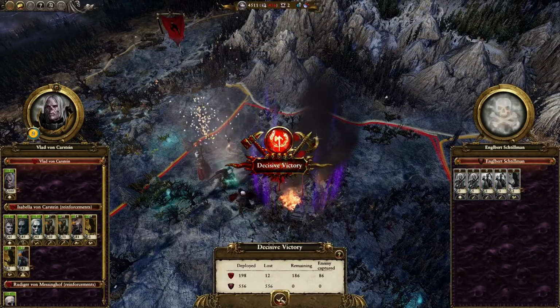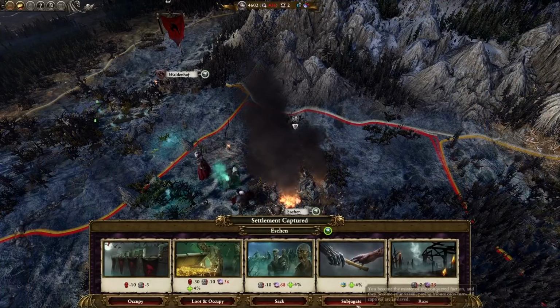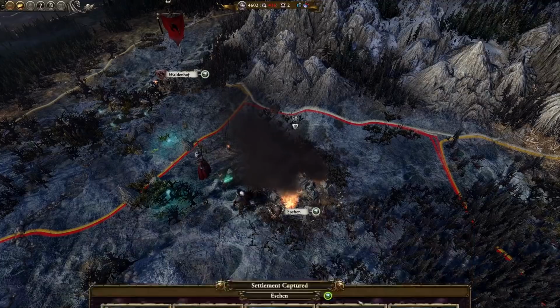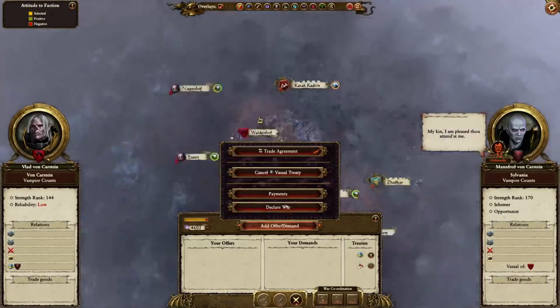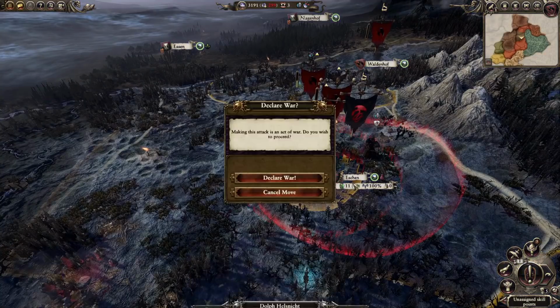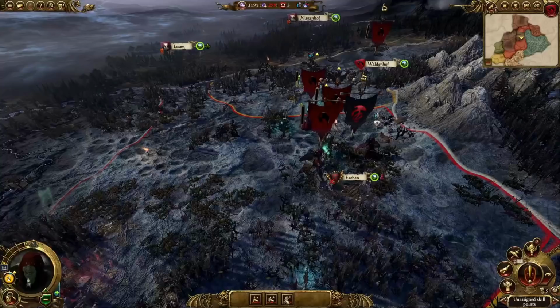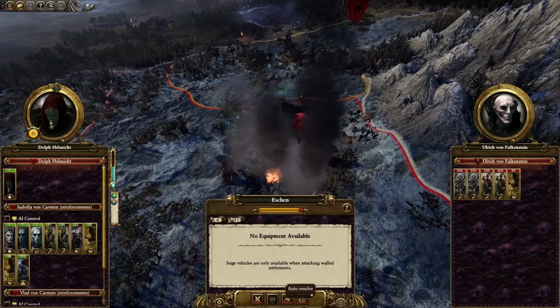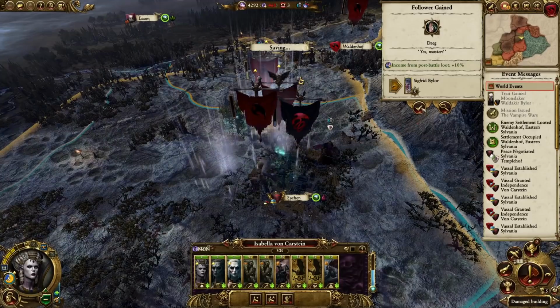When you siege a vampire account's faction's last settlement, after you win the battle, it will give the option to subjugate that faction, which automatically makes them your vassal. Then, if you go into the diplomacy screen, cancel the vassal treaty with them, go back onto the campaign map, attack them again, and then again subjugate them. Then go back in the diplomacy screen, again cancel the vassal treaty. And you can do that infinitely, as many times as you want,